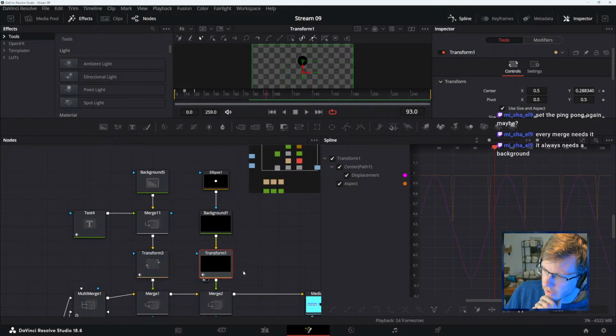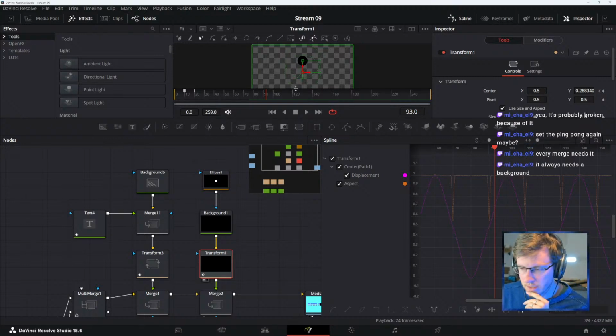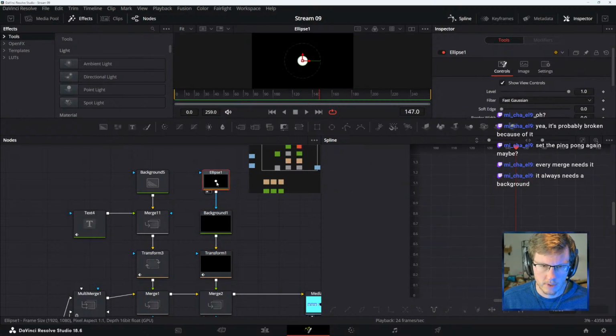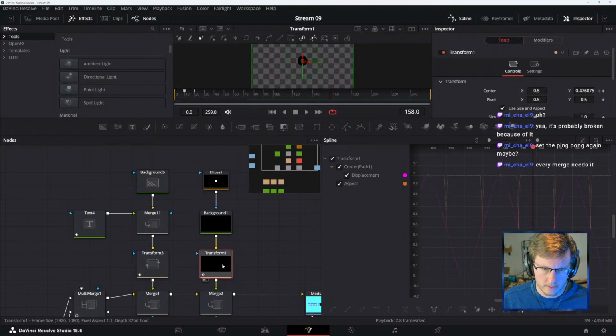Wait, so something's happening here. We see the animation, but it's not connected. Now we're troubleshooting. Yeah, I mean that is the animation, that up and down, but for some reason it's not showing.